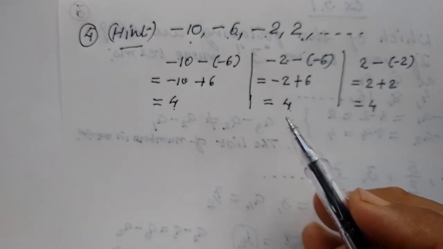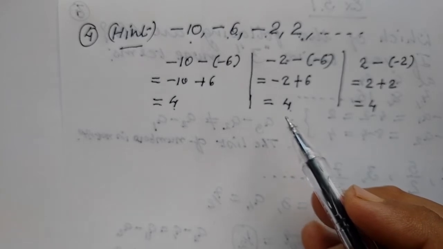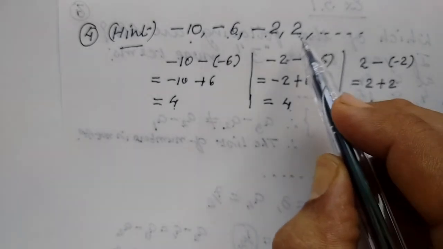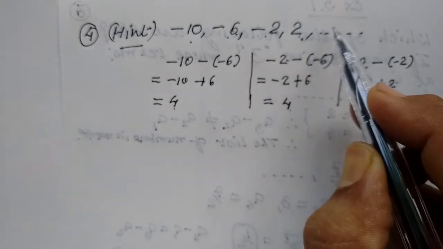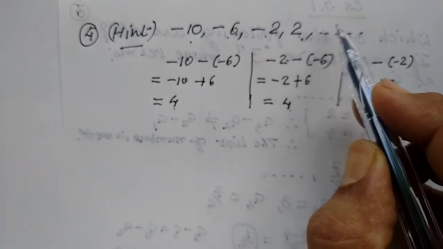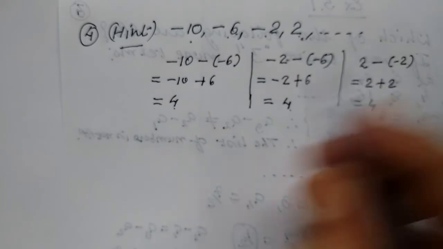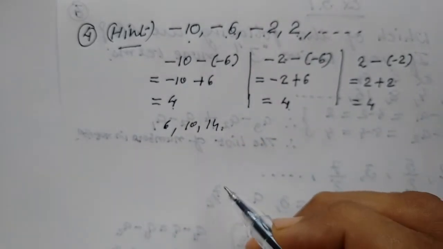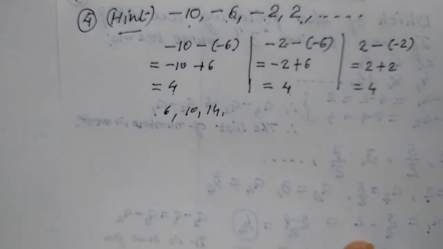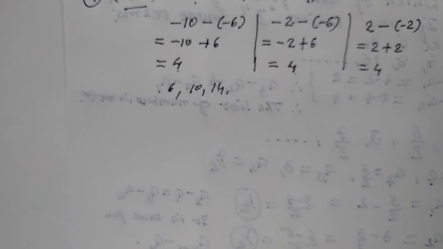Now 3 more terms you have to find out, children, that you can find out here. Here 2 you are getting. What you are adding? So this term, next term will be 6, 10, 14. Okay, 6, 10, 14. 3 are the more terms. Calculation you can do it, children. Children, 90% problems I have solved. Only few steps you have to write.